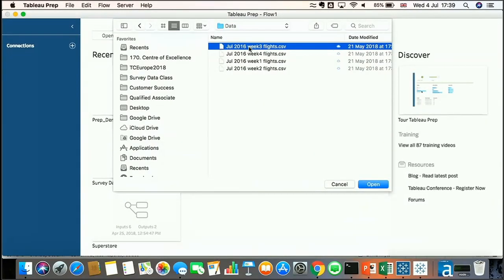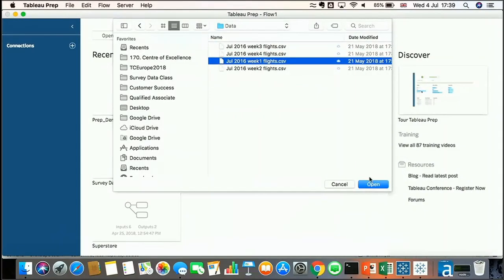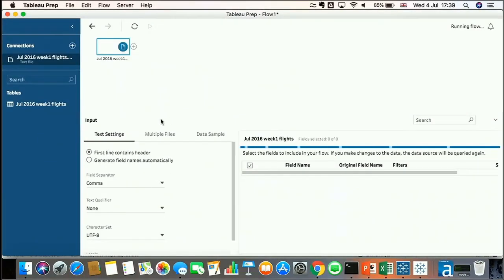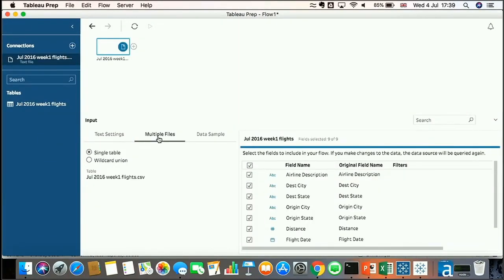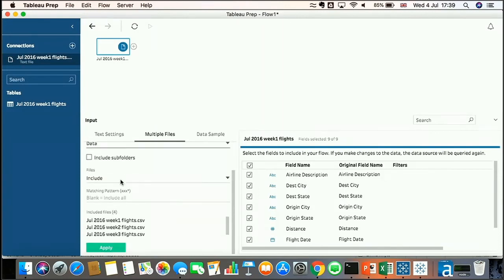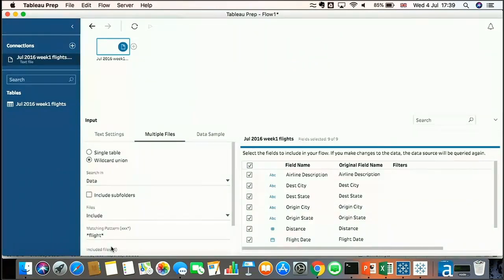So these are the 4 CSVs. If I bring in one of them, for multiple files I can do a wildcard union. So I can say any file in there that has the word flight in it. And if I apply this,